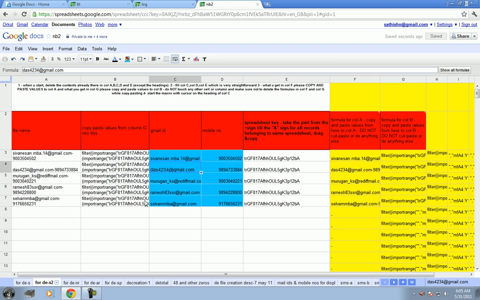Your job ends here. One person's job, whoever I designate, will be beyond that, which is take it from this and move it to D creation, take it from DNR and move it to D creation, take it from DAR and move it to D creation, take it from DES and D creation. That we will do. By chance, if instead of doing Control X, Control V, you are doing Control C, then something will remain when you next go to that. So that is why I am saying when you start, delete the contents already there in column A, B, and C, if something is there. If nothing is there, forget it.